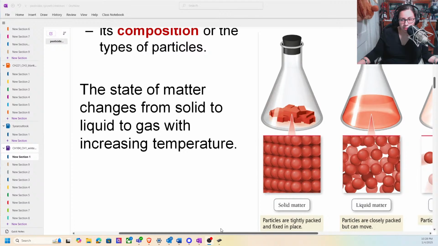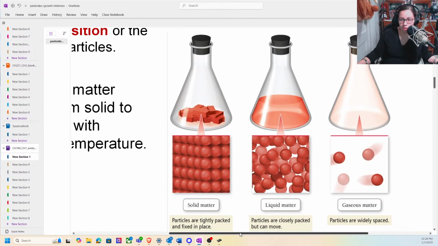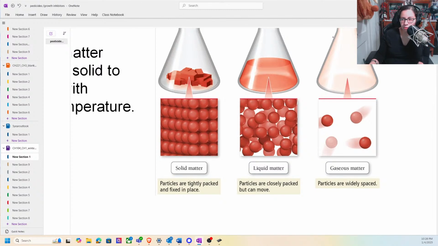If we look at the distinction, let's look at our little molecule visual here. So we have solid versus liquid versus gas. If we start off with solid, the particles are tightly packed in place, and we say that they are fixed. Just to be clear, this means that even though they're not moving, there is still molecular motion. I want you guys to be aware of that. Your electrons are still moving around. There still could be vibrations, wagging. So there's still movement. But we will add some qualifiers here.